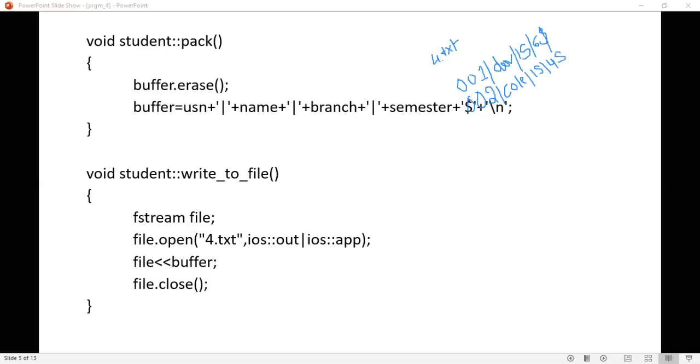This is your record delimiter. Okay, this is how the file will be. So these records will be stored in the file called 4.txt after inputting the data.